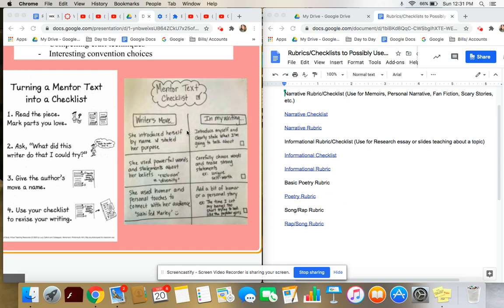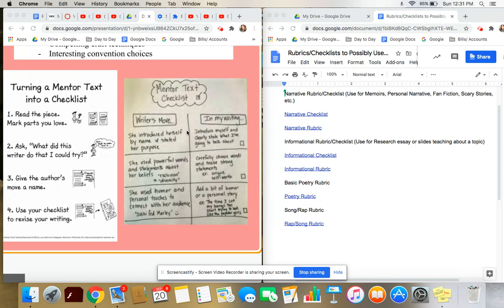Hi guys. I know that you guys are wrapping up your independent projects. We are going to have them published by Sunday. If you are doing a slideshow, you should be on your last couple of slides. If you are doing a series of short stories or a series of poems, you should be on your third short story or third poem.